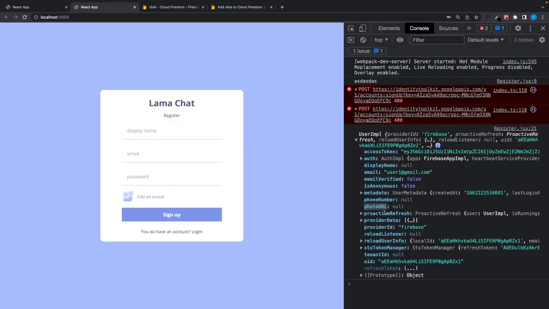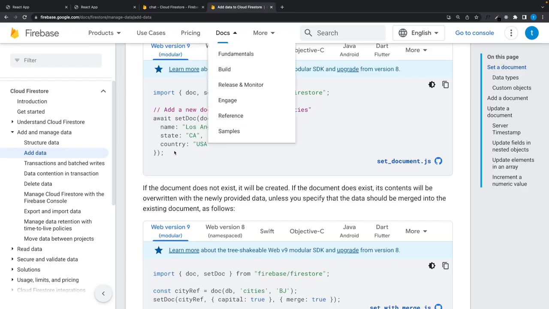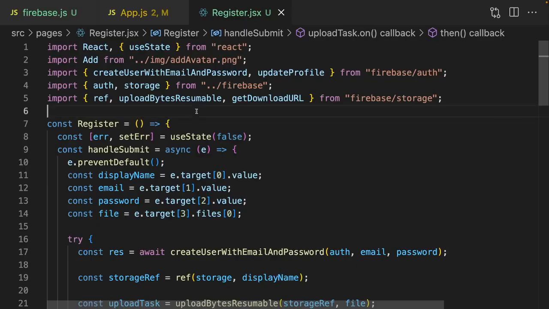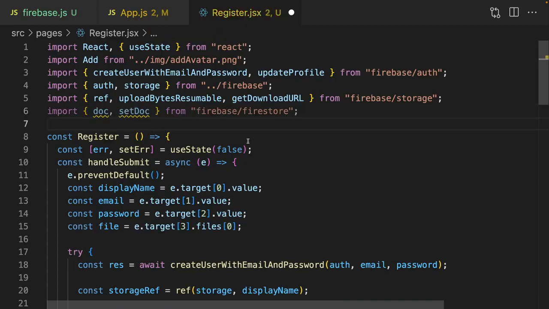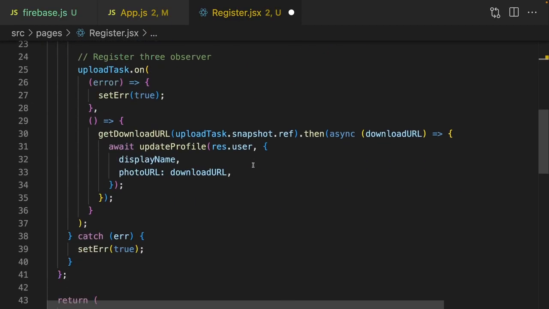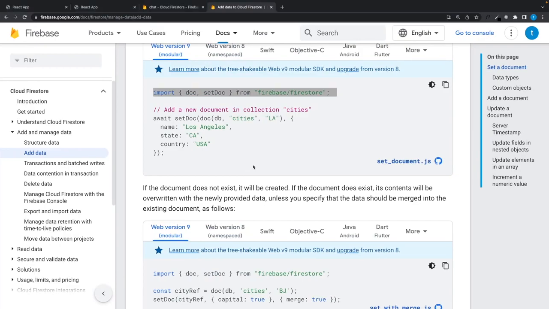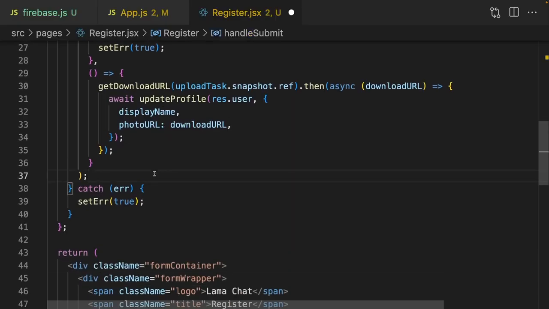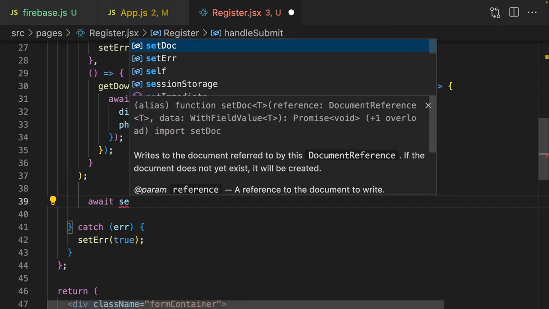If you come here, as you can see, there is a UID here. We can use it. Let's do that. Let's copy this and paste here. I know there are a lot of functions, but there is nothing to do. And I will come here and say, await, set document,